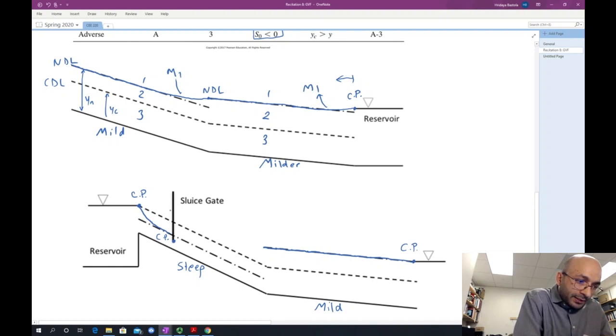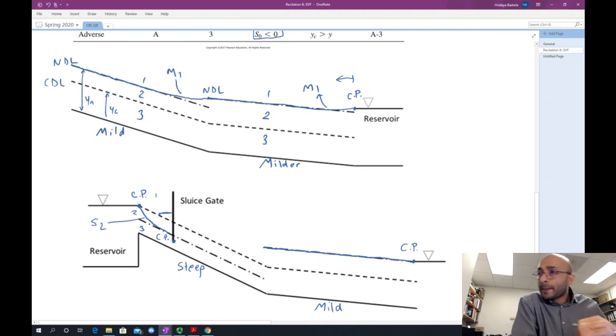So the water here may back up, let's say, to a certain height, and it will approach the control point at a large angle. And let's mark the curve. So this one here, region 1, 2, 3. So this here is